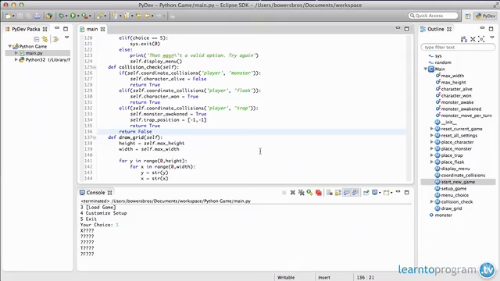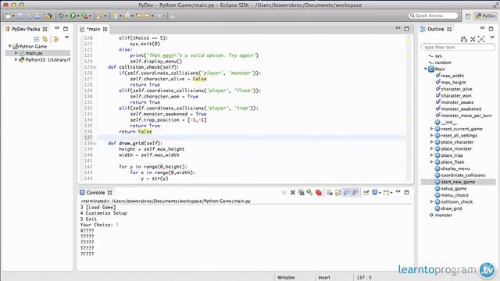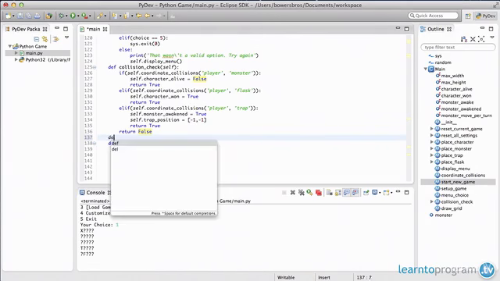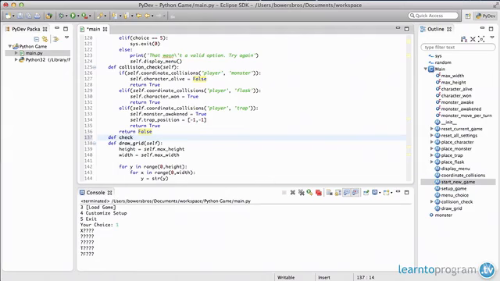Okay, so now that we've got the grid drawn and we have all of the randomization working properly for the positions of all of the other parts of the game, what we need to do now is make it so that the player can move. And there's two ways we could do this, but the way I'm going to show you is probably the easier way of doing it. But first of all, we need to build a boundary check,